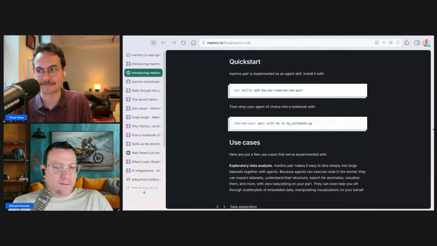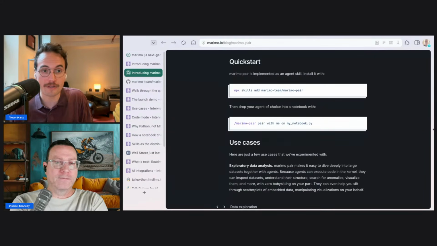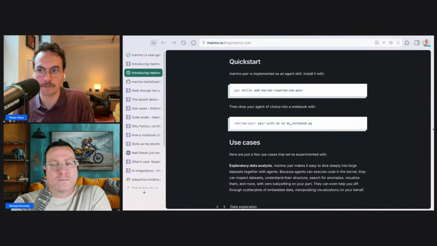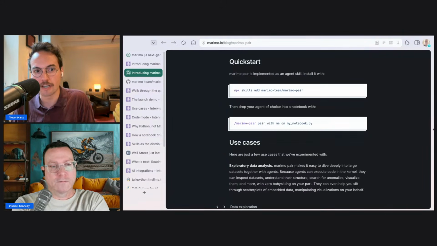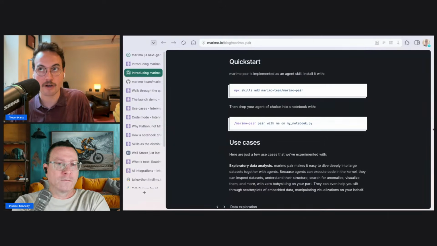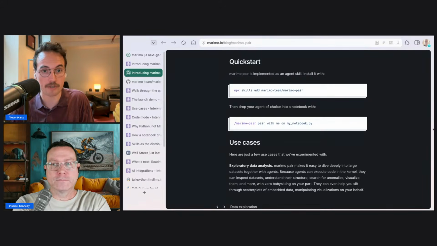All right. Roadmap. Where are things going? Yeah. So as I mentioned, we are currently building a tighter integration with our native editor inside of VS Code. So essentially our direction with Marimo Pair is to try to think of all the places in which folks are trying to drive agents that maybe we could have the ability to spin up a Marimo notebook and allow folks to collaborate on these reproducible artifacts.